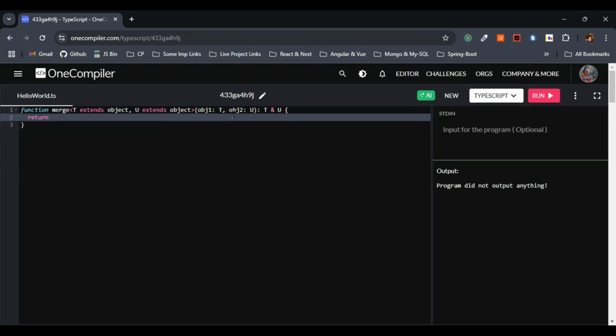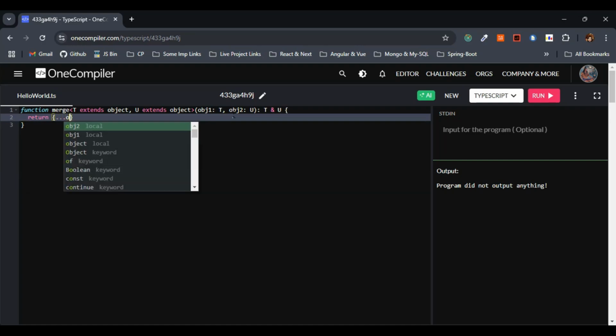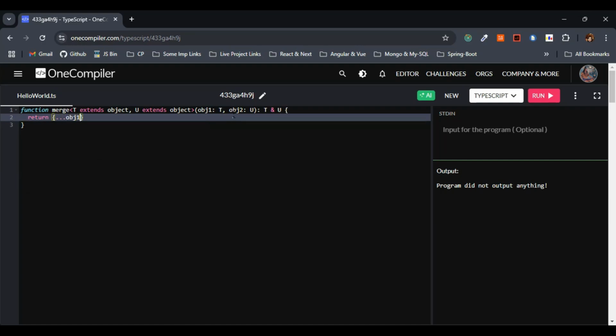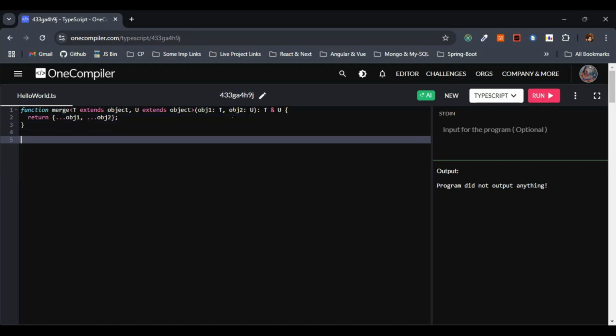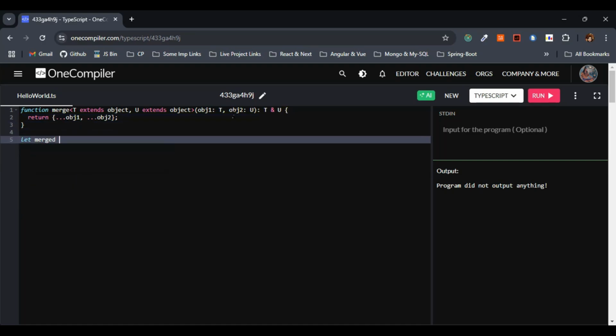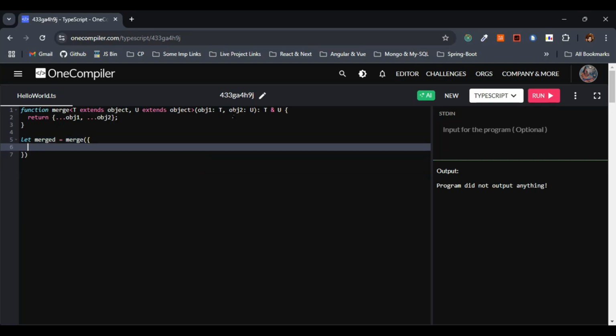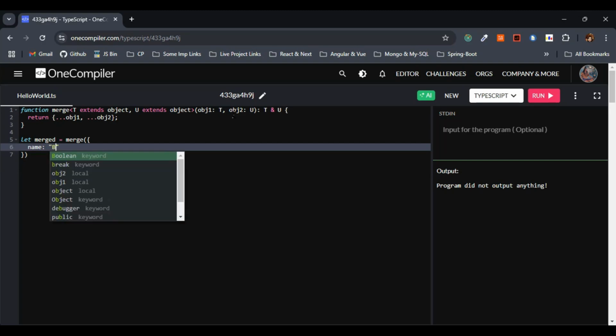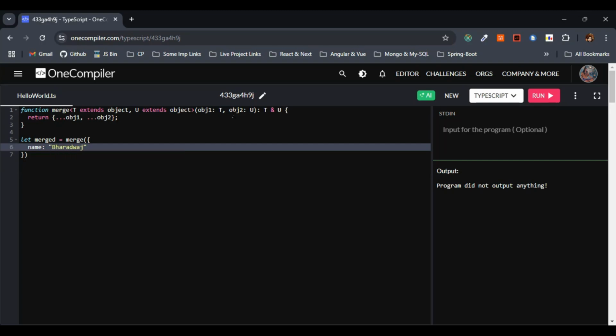Let's quickly make use of the return. Let's return something, object1 and object2. We'll be making use of the spread operator here. Object1, object2 here. So this is fine. I'll quickly come out of the function, and I'll make use of the variable name merged here. This merge is the function name, right? So I'll just call the function here. Within this one, I'll set the name to Bharadwaj quickly, and also